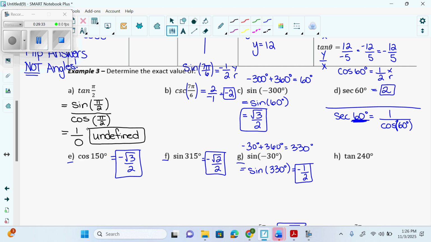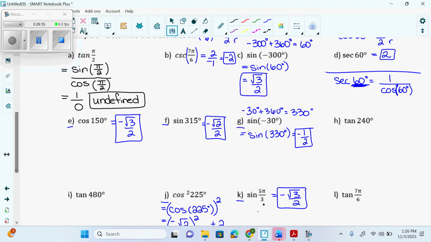Let's try tan of 240. Tan of 240 equals sine of 240 degrees divided by cos of 240 degrees. What is sine of 240? Negative root 3 over 2, divided by